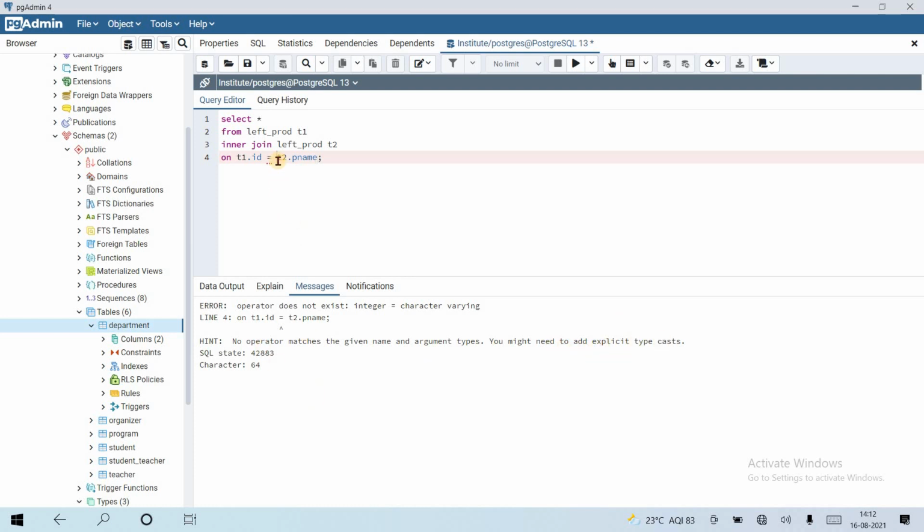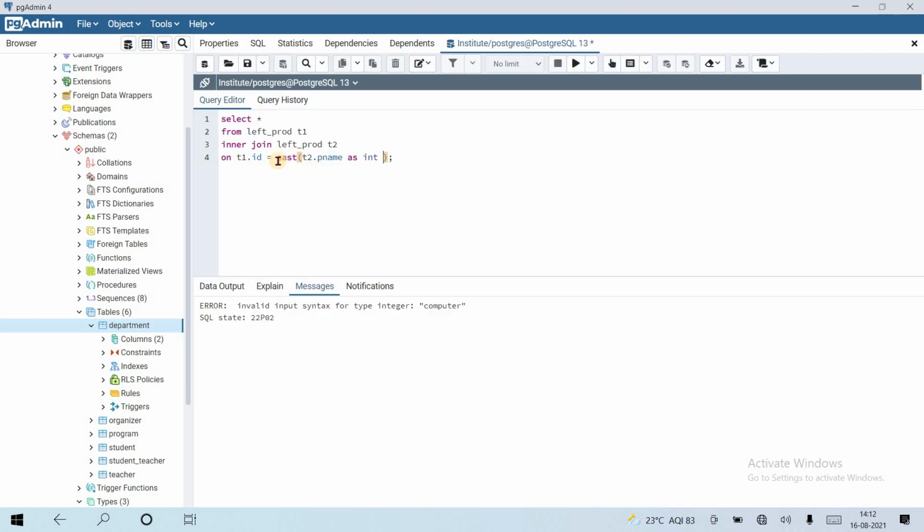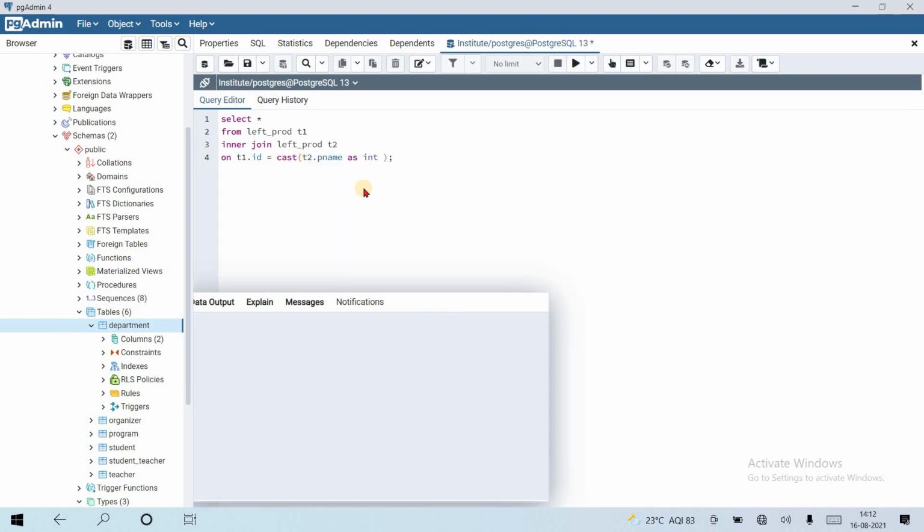So let's cast. If I cast this second one, it will not work because it has character values. Okay, let's see, cast this p name as int. Is it possible? No, but let's try.